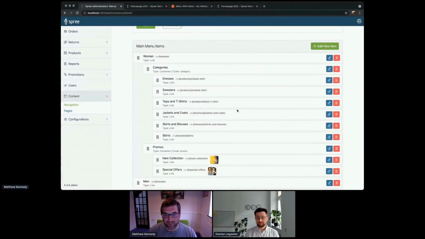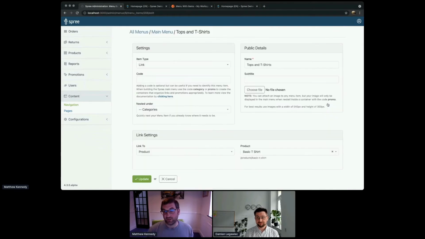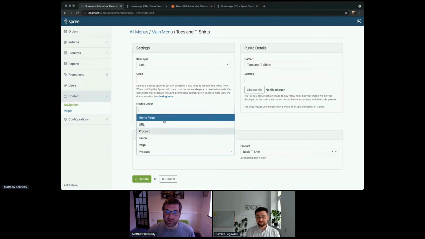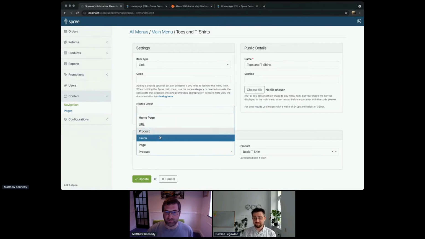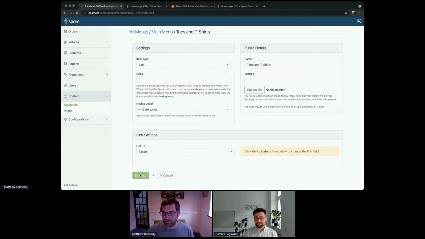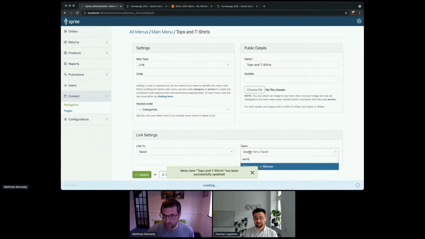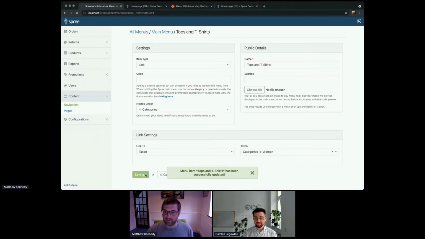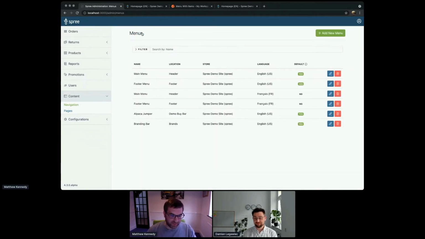And you can also link to, let's show you what it looks like to link. You've got the title up here of the link. And here you can add images, mainly useful for promotions, but you could also design your own menus that have images in other places. You can link to home pages, external URLs, products, or taxons. Let's just link to a random taxon. Link to women and update that. And you're presented with the slug there, so you can see exactly where you're linking. So with the addition of pages and menus, you get two great powerful features coming in Spree.